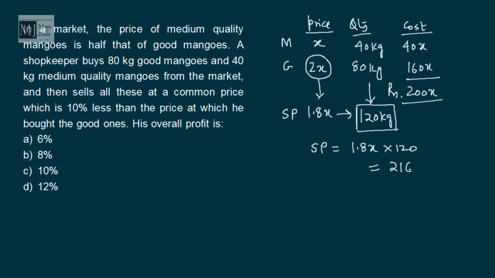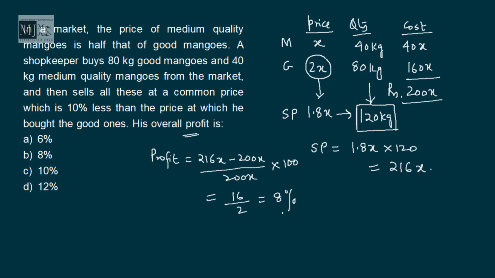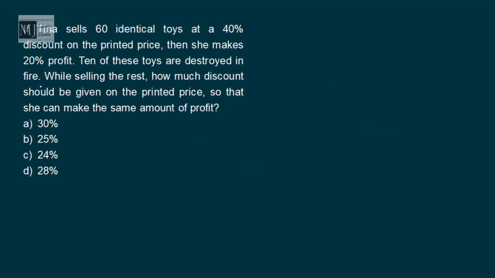That will give us 216x. Find his overall profit. So obviously he made a profit of 216x minus 200x, by 200x cost price, into 100, we'll get the profit percentage. 16 by 2, that is 8%. Option B. If Tina sells 60 identical toys at a 40% discount on printed price or marked price, then she